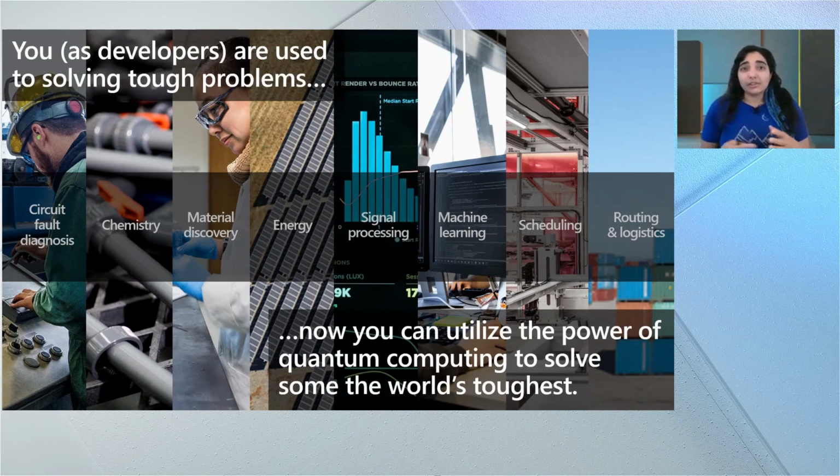So Azure Quantum gives you access to a variety of real quantum hardware for you to use and test your code against, so that when quantum hardware is available at scale, you're as ready as you can be. Not only that, but through a range of quantum-inspired optimizers, you'll have access to solvers that will enable you to tackle some of the world's most complex problems today. These solvers emulate quantum processes using classical hardware in order to find better optima, reduce time to solution, or in some cases, do both of those things.